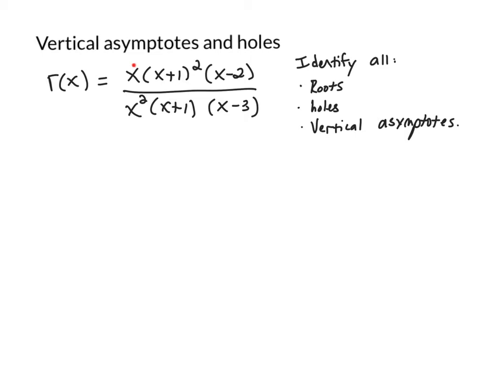In this case, if I look at all my factors, x gives me a root of 0, x plus 1 gives me a root of -1, and x minus 2 gives me a root of +2. So the candidates that I have for my roots